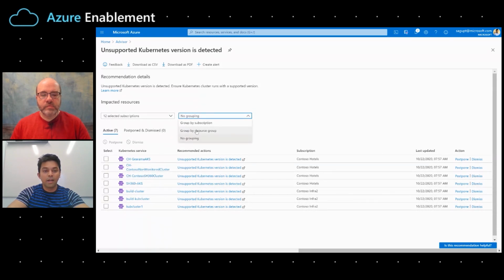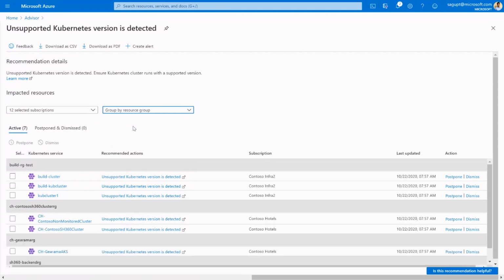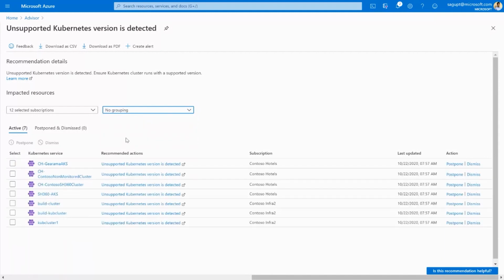You can do a group by subscription here to see what all subscriptions are impacted. You can also do group by resource group if that's the grain you work on. And that's the beauty of Advisor. It goes to all the grains which you as an Azure consumer operate on. So here you are now well aware of what all clusters are working on unsupported Kubernetes version, and you are